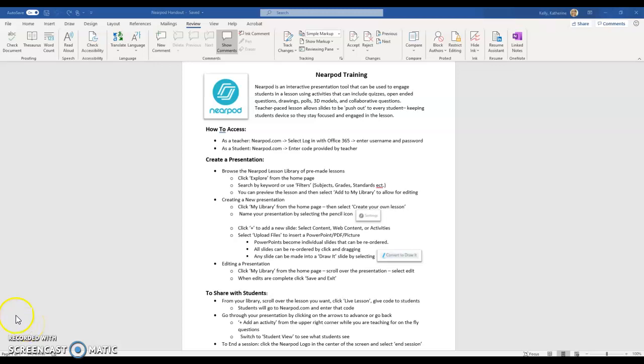The following video is a demonstration of the translation feature that is built into Microsoft Word. This is a quick and easy tool that can benefit both students and teachers. In order to use this tool, you can open up a Microsoft Word document that you've already created, and you're